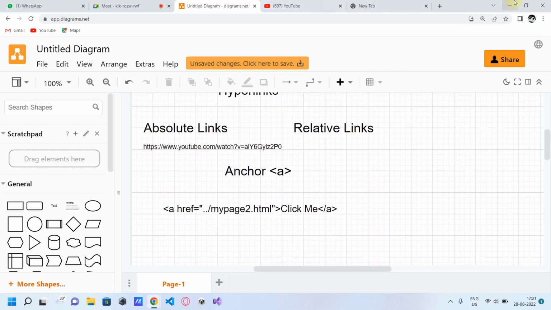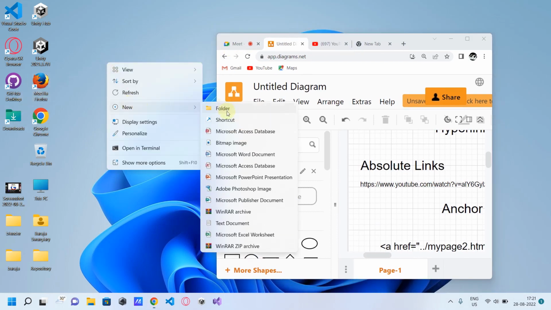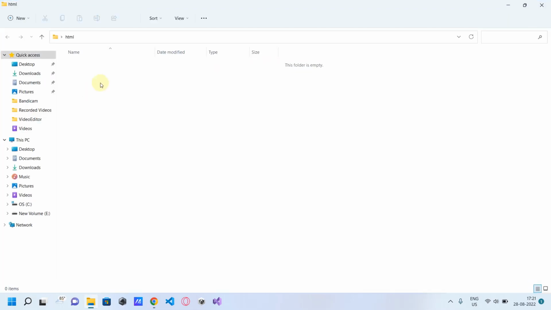So let me create a new HTML file. Right click, create a new folder. I'll be doing it inside a folder to keep my files organized. So let me rename it HTML folder. So inside this folder,